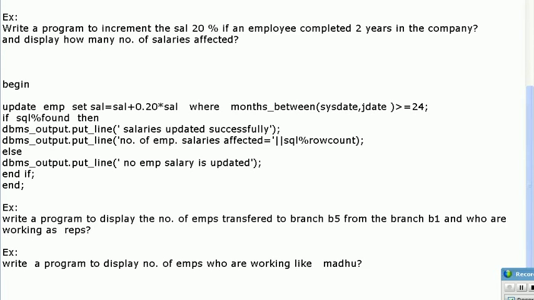So what kind of concepts we have to use here? Yeah, we have to use the self join, and parallelly we have to use the attribute SQL%ROWCOUNT. Okay, so like Madhu means first of all you have to catch Madhu's designation and compare the designation with all other designations. So if anybody is there who is working like Madhu, then you have to try to fetch it, then count it. Okay,